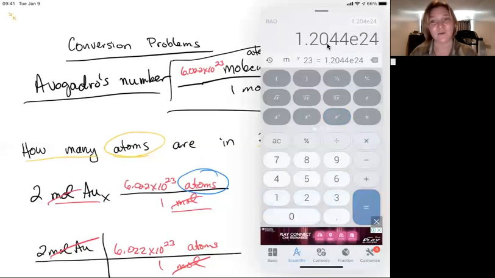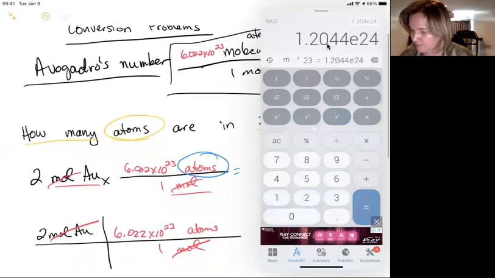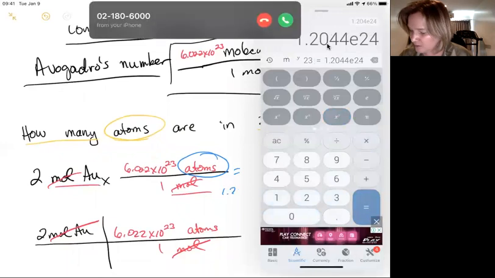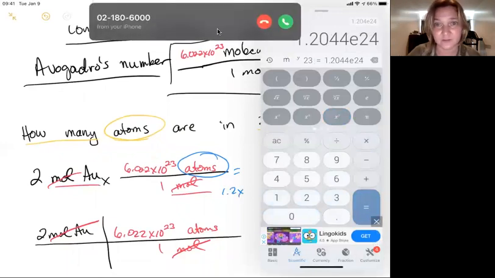Yeah, hey, that worked. So then you end up getting 1.2 times 10 to the power, that's E, times 10 to the power 24. So if I make 1.2 times,